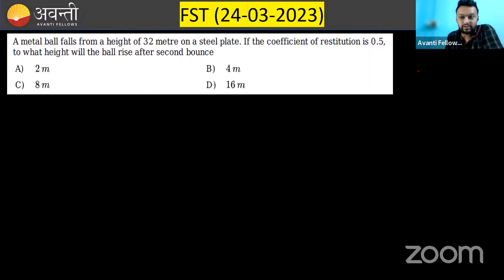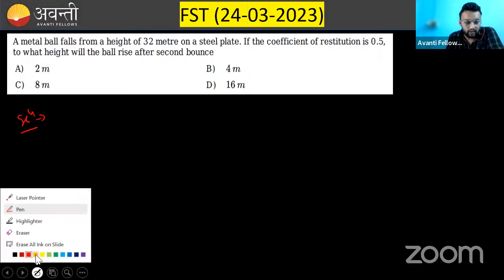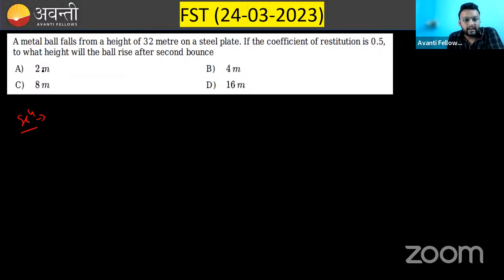Again, this is an important question. This is a conceptual question. You should remember the concept here in this question. What it says: a metal ball falls from a height of 32 meters on a steel plate. The question is something like